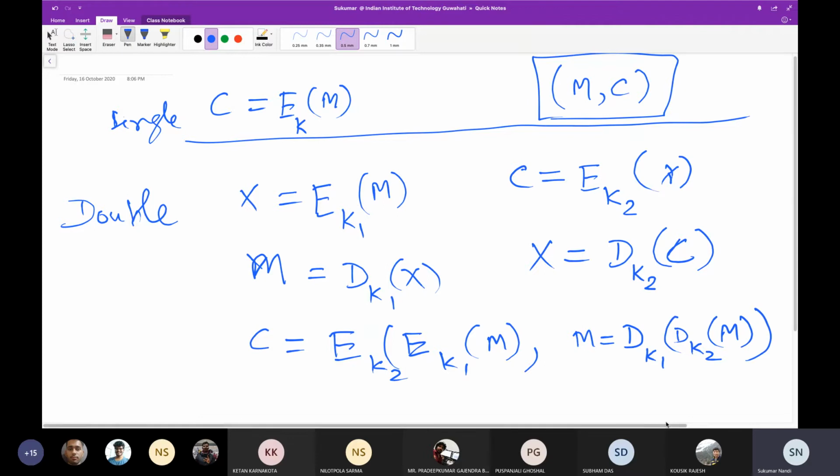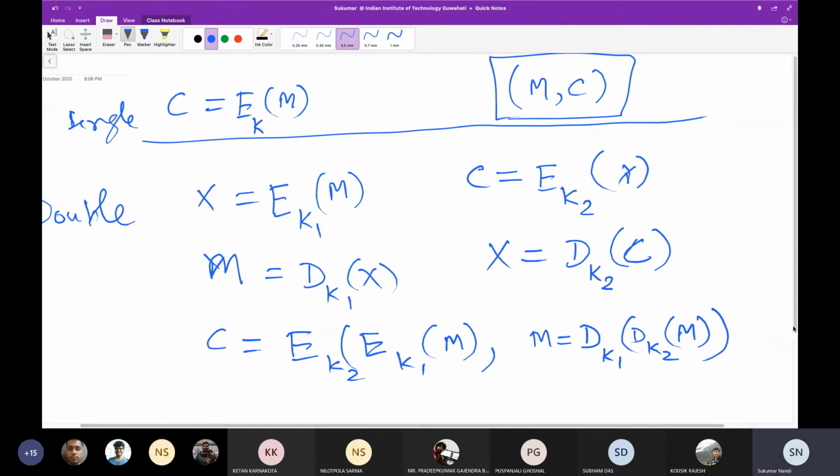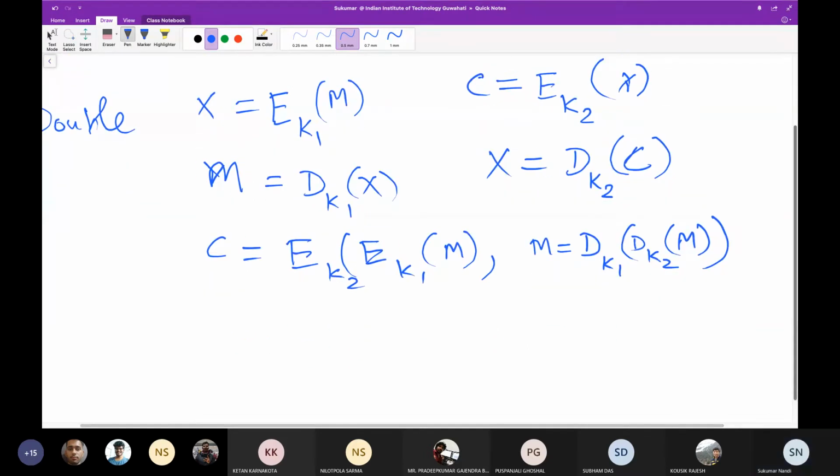Now, people can say, let us use double encryption, good enough. Why would you do triple encryption? But if you look into double encryption, the complexity does not increase as expected. This is 56, this is 56, so the key will be 112 bits, and obviously twice encryption should increase the complexity.